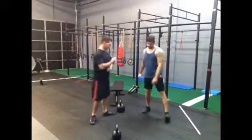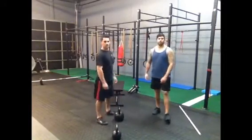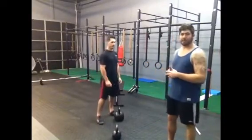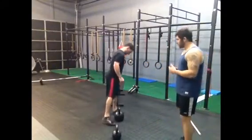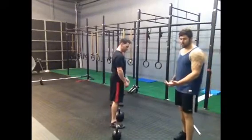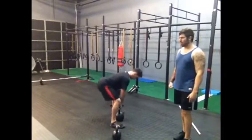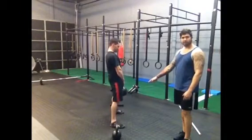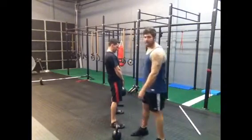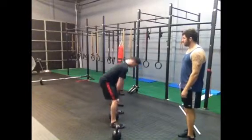The corrective, we're going to use a slightly heavier weight. This is probably my favorite corrective drill for many problems in the kettlebell swing. It's called a static stomp deadlift. What you're going to do is have your client do just a regular kettlebell deadlift, and they're going to hold the top position for 3 to 5 seconds, and what they're going to focus on is stomping their heels on the floor, squeezing the glutes, and staying tight for the anterior core, the front part of the belly. Set it down, take another breath,